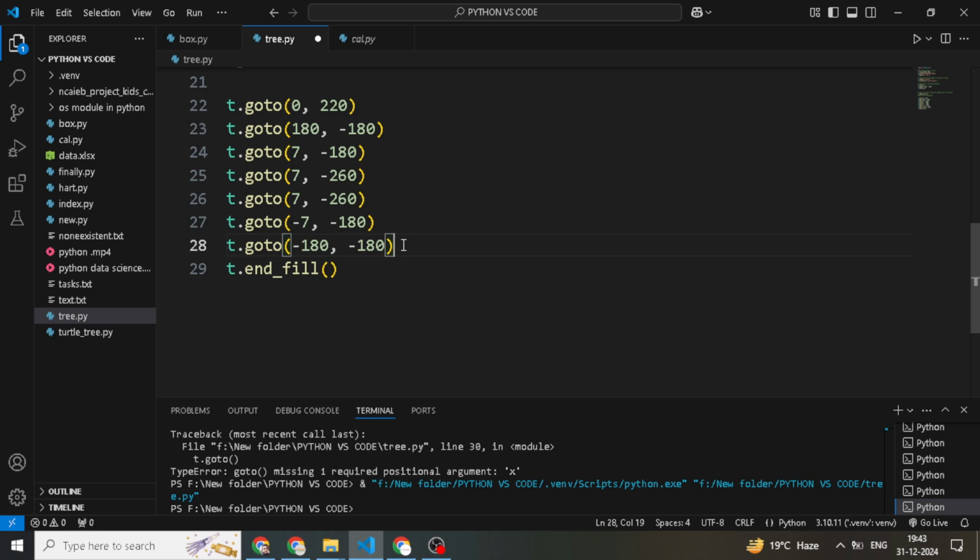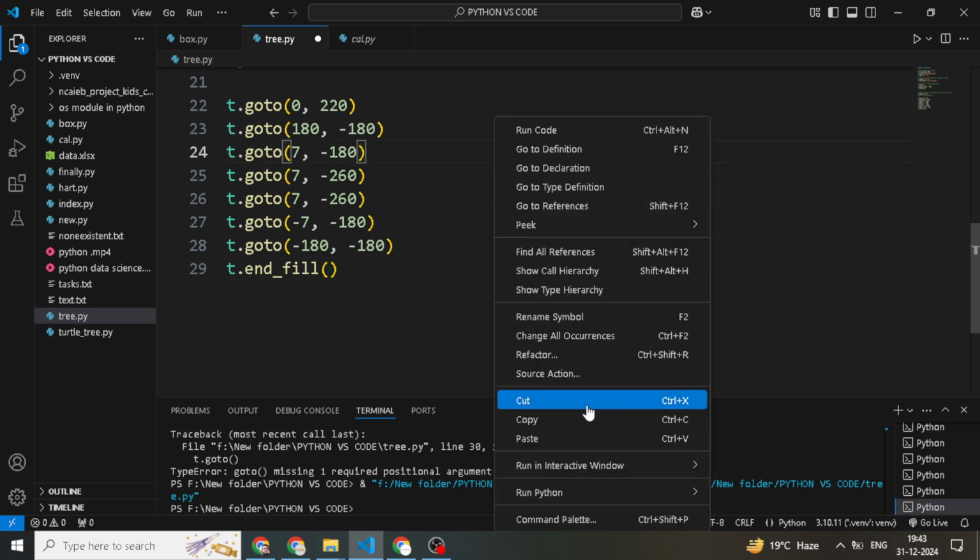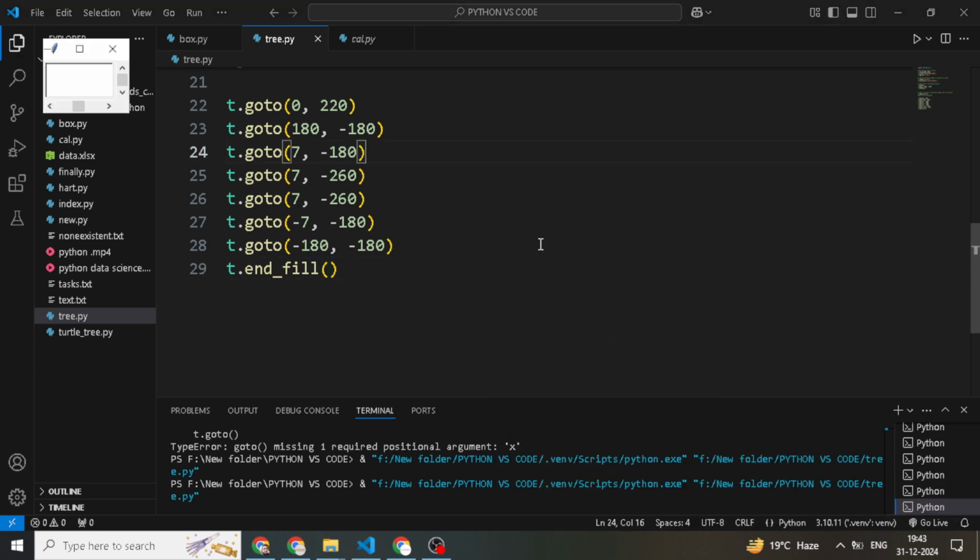The turtle finishes by going back to the starting point. End fill fills the tree with green. Okay, now run the code.